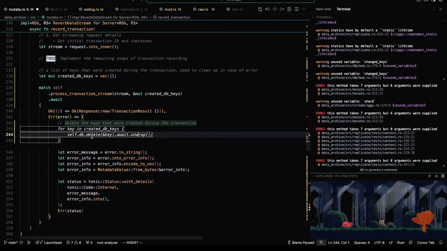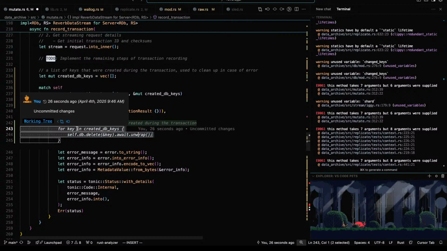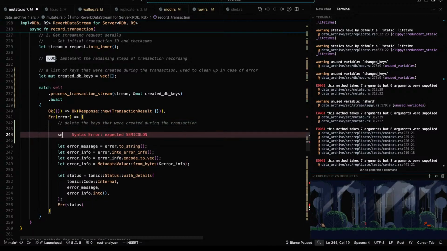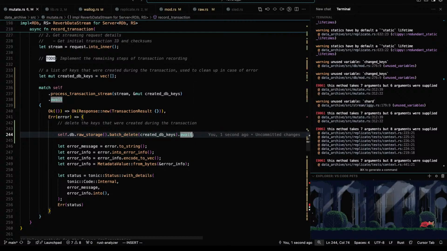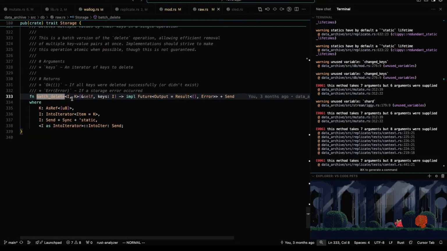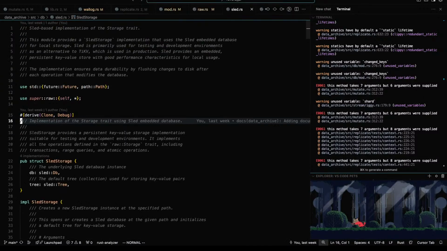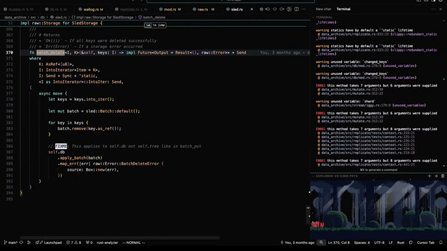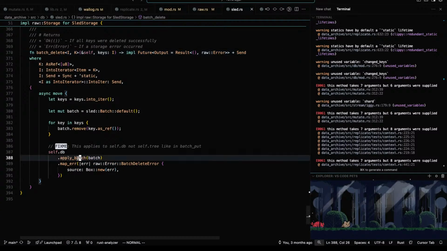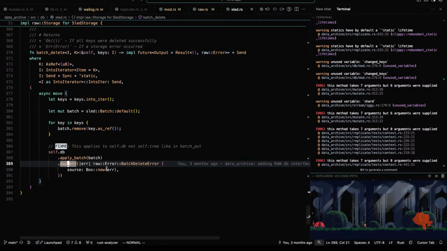Huh. Oh, we're not doing it that way. Use self.db.raw storage batch delete for that. Now batch delete. Look at the actual implementation. If we get an error, there's an error.